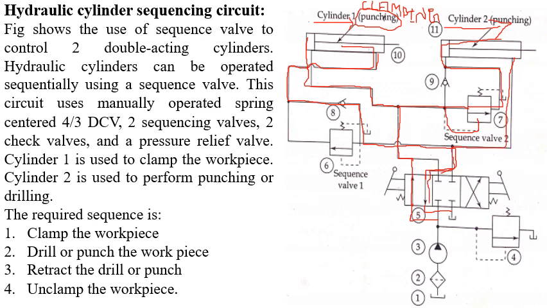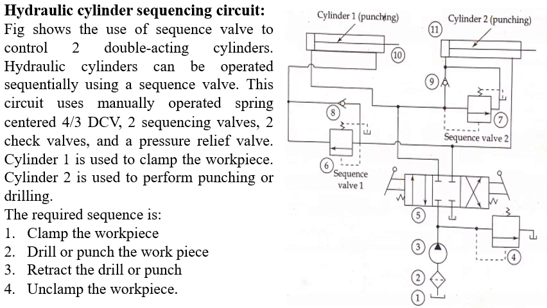So this is happening during the first and second operations: cylinder 1 extension and cylinder 2 extension happen when the direction control valve is actuated to the left position of the flow configuration. When it is connected to the right envelope, what will happen? Look into this. The next sequence of operation is retracting of cylinder 2 first, then retracting of cylinder 1.